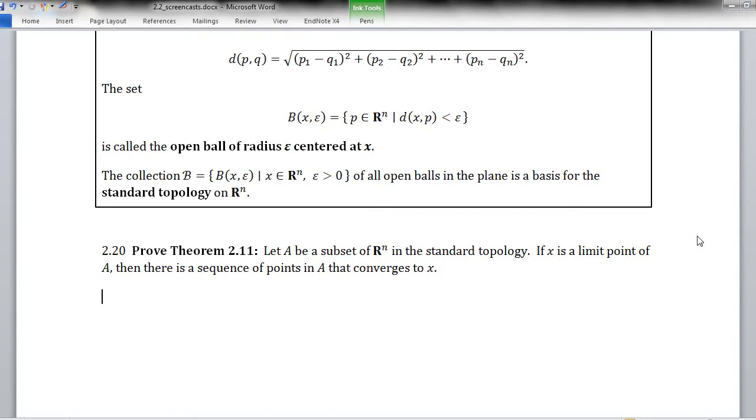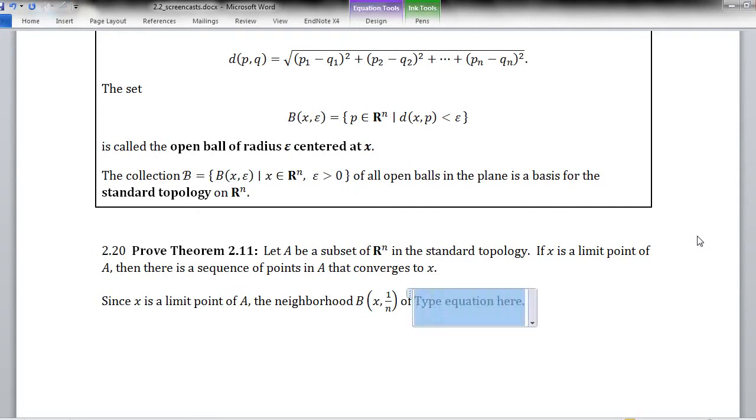All right, so it's really a two-step proof. First of all, we have to show that we can construct a sequence, sort of say what it's going to be, and then we have to show that it actually does converge to x. Okay, so to construct the sequence, we can say since x is a limit point of A, the neighborhood, the open ball centered at x of radius 1 over n, right, that's a basis element, and so in particular it's open, and it does contain x, so it's a neighborhood of x,